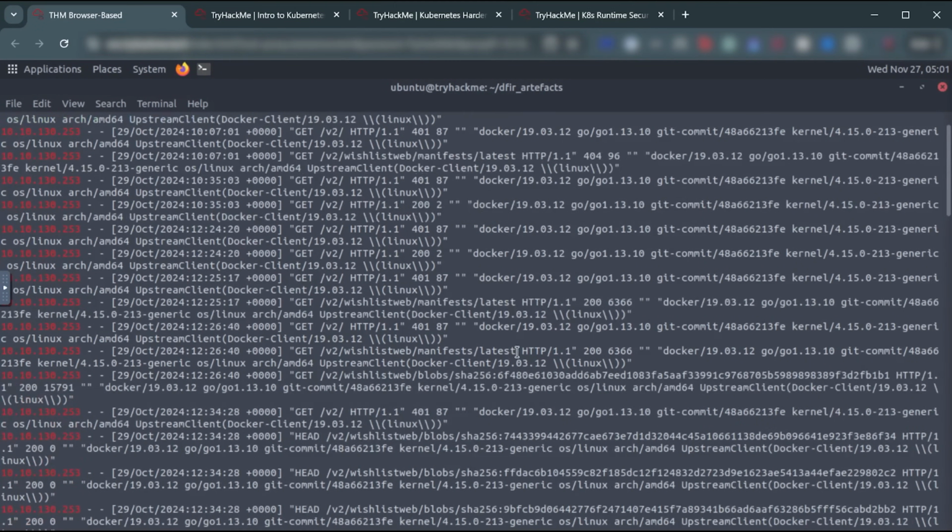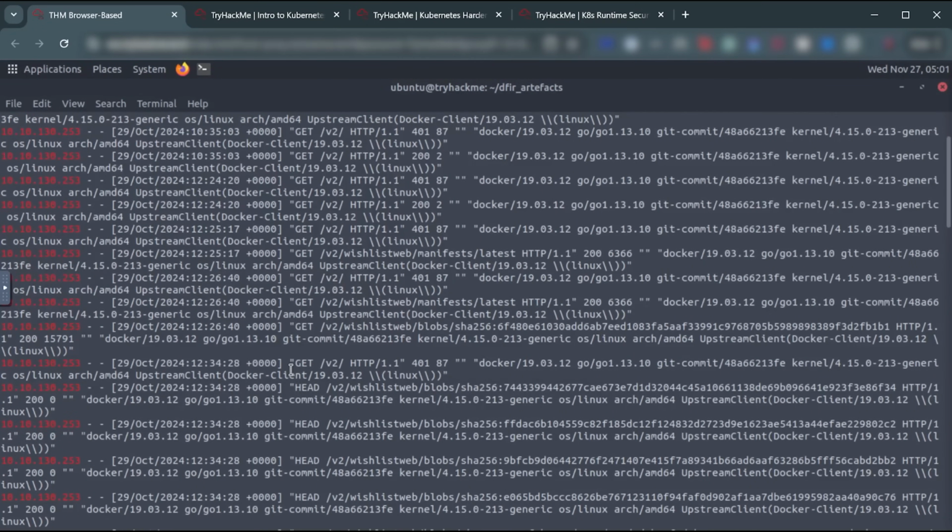And if we continue down this whole request train, we see another GET request, and this GET request retrieves blobs with a SHA-256 value, which is typically used to identify unique details about a specific object within a Kubernetes cluster, right? It could be a pod or an image, an identifier for that image. And we see that this is all done using that Docker CLI over and over again. So what we know from this is that the Docker CLI was used to connect to the registry, and we see that requests were made from